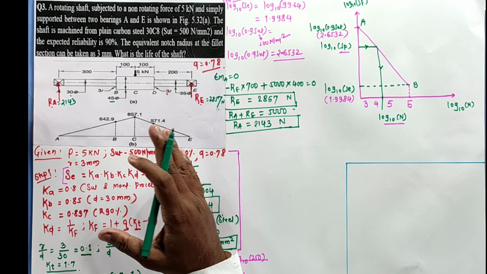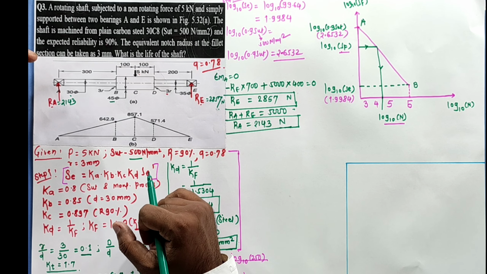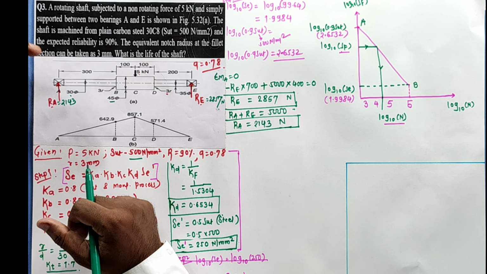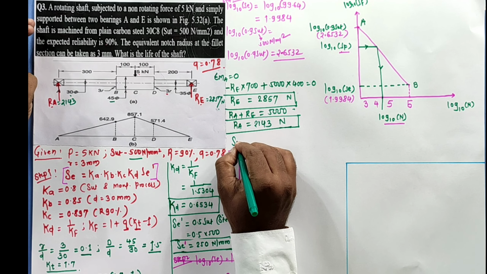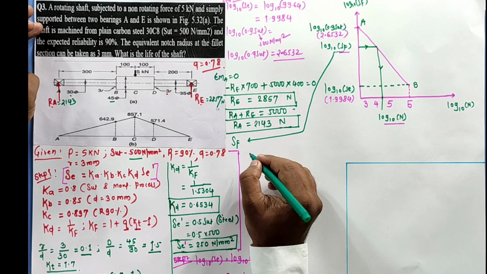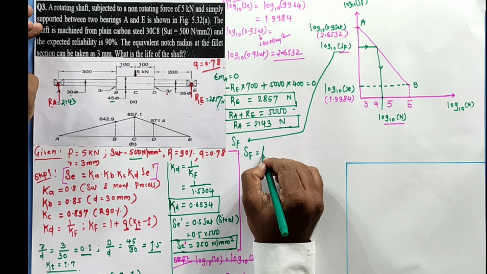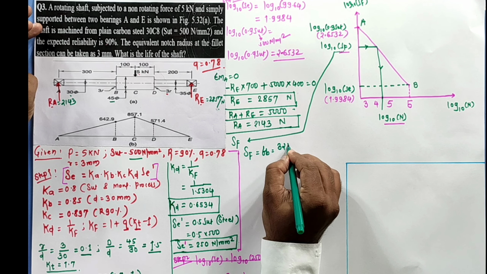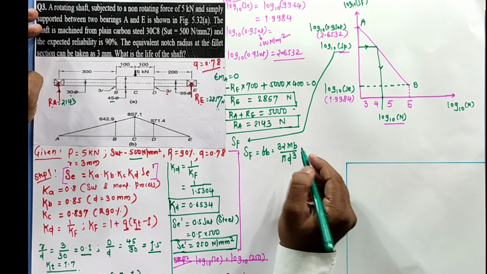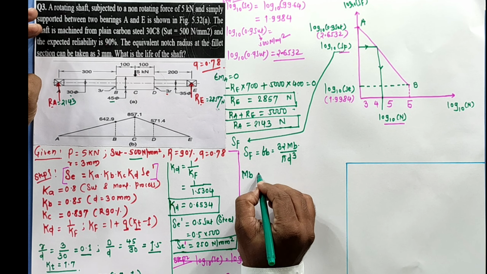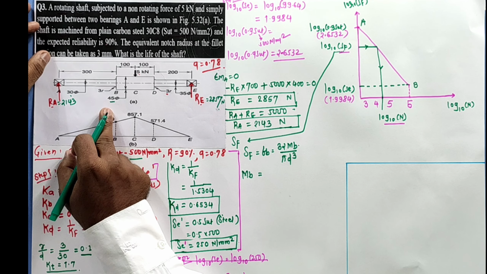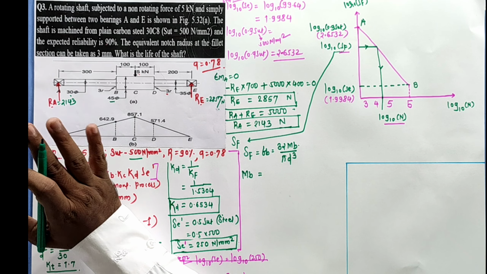Now through which I realize that it is bending. So bending stress will occur. So why can we not take bending as the applied stress over here? So I can write, see, SF is equal to, because this value we don't know, and this I can calculate here, SF is equal to bending stress, that is 32 MB by pi d cube. Correct? Now MB is the question. MB is force into perpendicular distance. So the maximum bending moment will occur at the maximum distance. You can see from this we have to calculate all the bending moments.